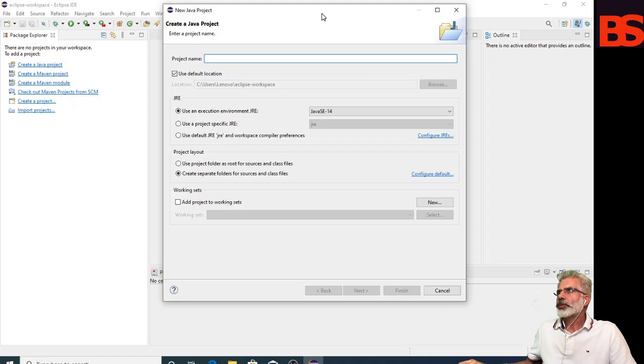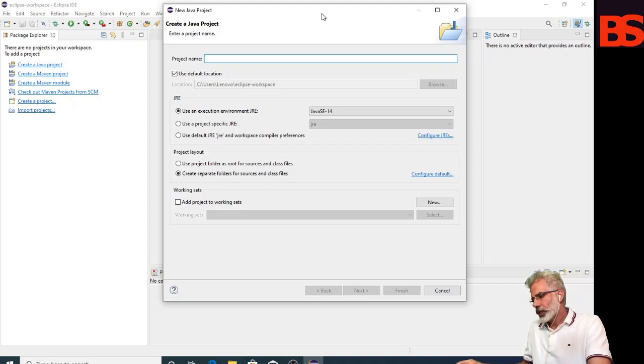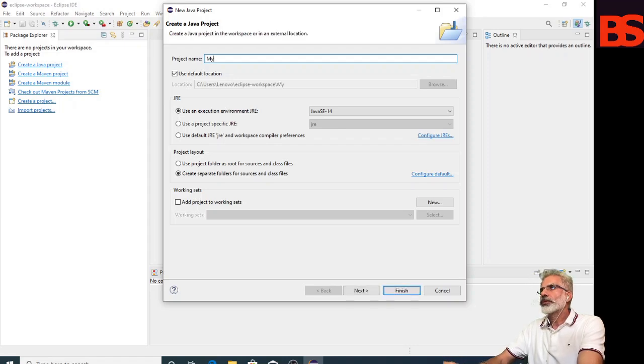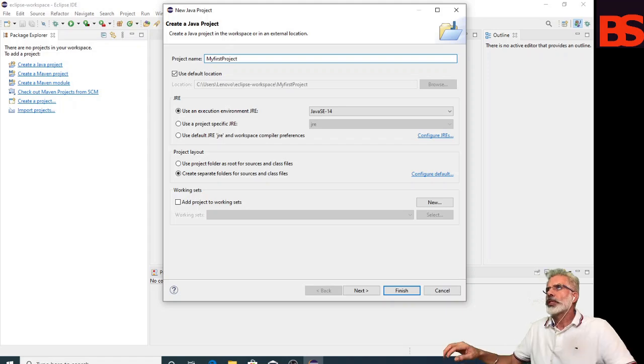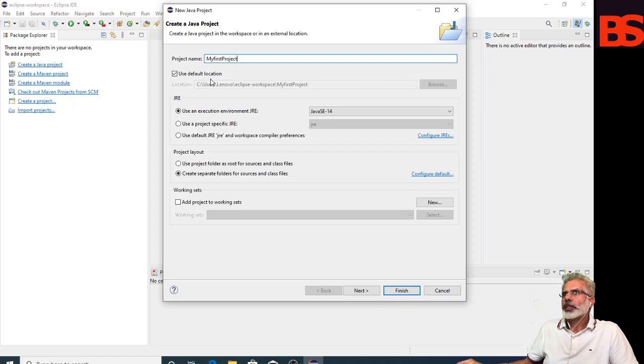So this is the first page, a new project wizard, and give the name to the project. Like I want to give my first project, and use the default location for your workspace.